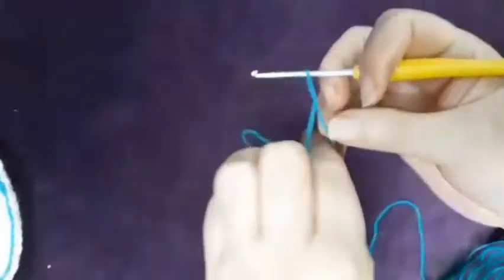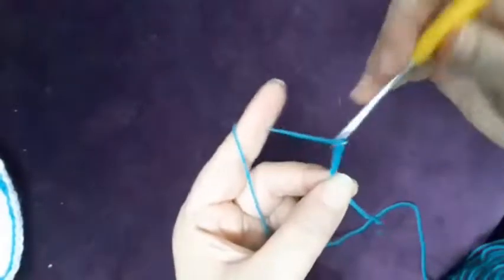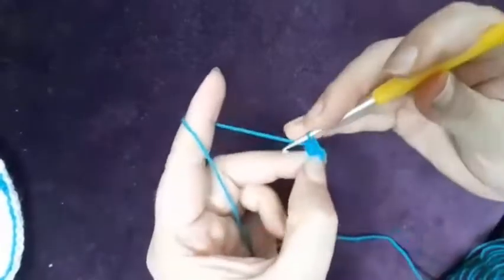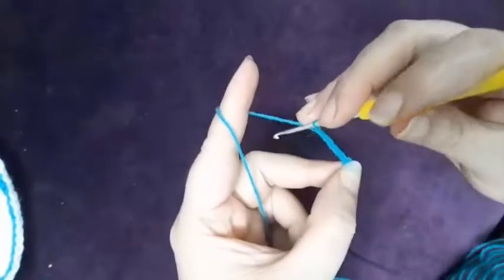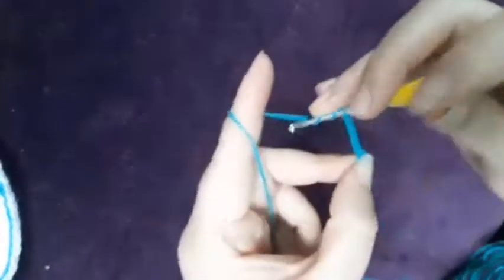Let's go. First of all, I will chain 3, 1 2 3, and now insert in the last one and make a slip stitch. Now 1 2 3 4 and make a treble crochet, 1 2 and 3,